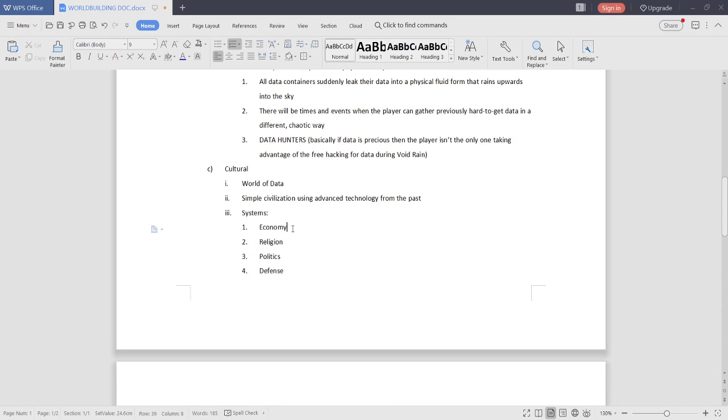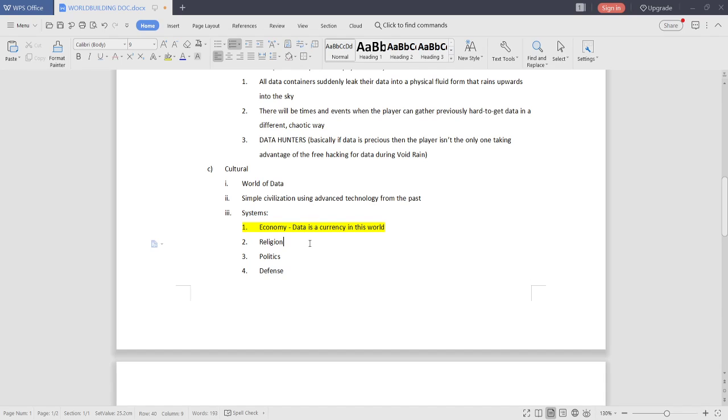So I'm going to highlight this and say data is a currency in this world. Now I haven't really figured out why yet, but we can always figure out the whys later, because there are many ways we can explain something, but we have to do things one step at a time.